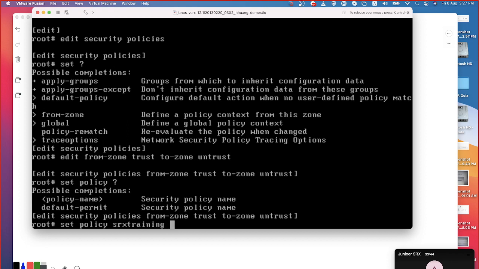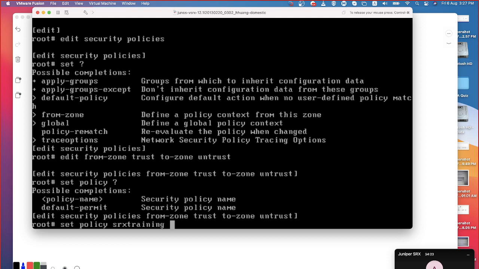Now, within the policy, you will have multiple rules, right? Earlier it was, now it is not there. Now SRX training is the name of the policy which I have created. We already know every policy is also called what? Rule basis, right? A collection of rules. Now every rule needs to be identified by something called a term. The rules are equivalent to terms within your